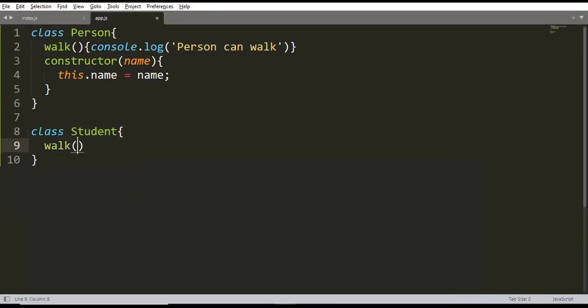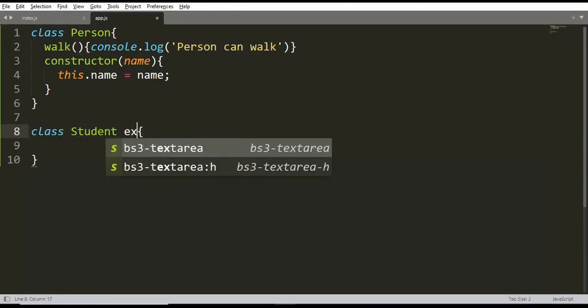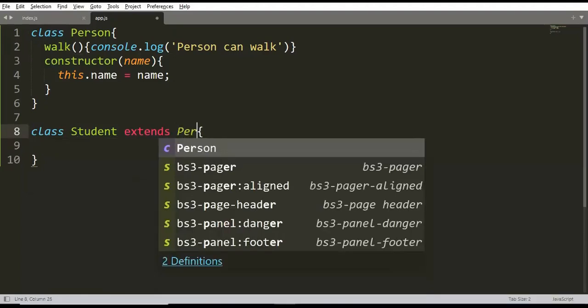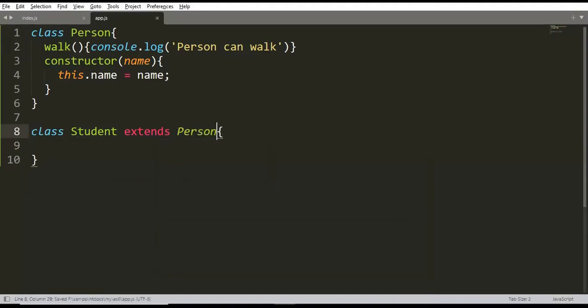But instead of writing this walk function here again, because that will create redundancy, we can just say, hey, since students can also walk, just inherit this method from the Person class inside Student. For that, we write the keyword extends Person. So class Student extends Person.